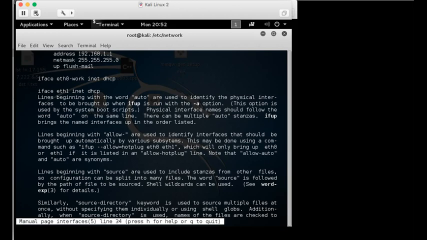Lines beginning with the word auto are used to identify the physical interfaces to be brought up when ifup is run with the -a option. This option is used by the system at boot. Physical interface names should follow the word auto on the same line. There can be multiple interfaces, brought up in the order listed. Lines beginning with allow- are used to identify interfaces that should be brought up automatically by various subsystems. This can be done using a command such as ifup --allow=hotplug eth0 eth1, which will bring up eth0 or eth1 if it is listed on the allow-hotplug line. Note that eth0 and